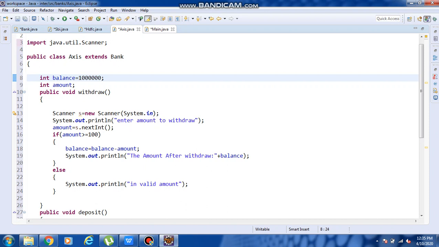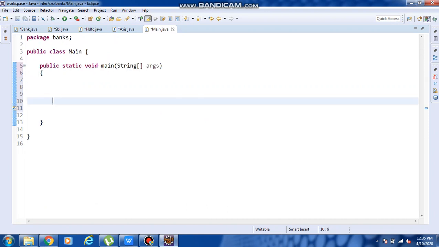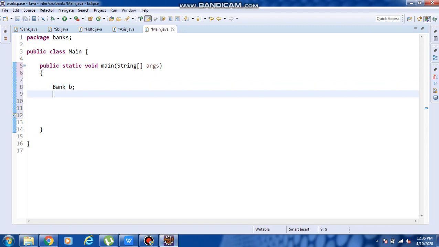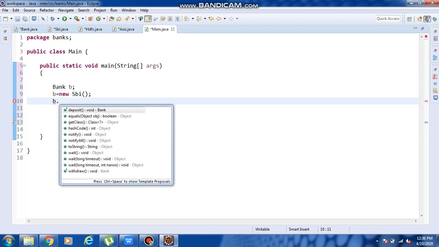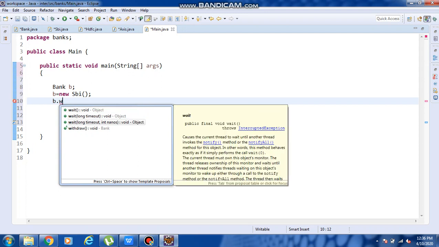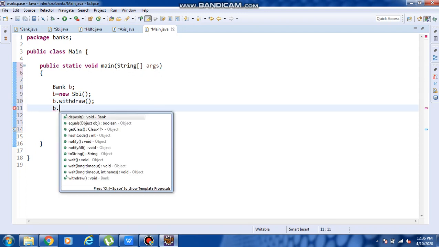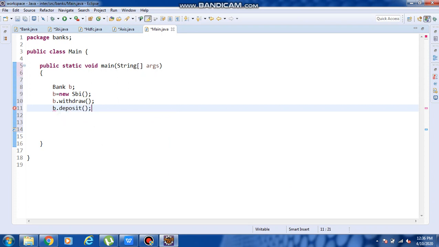Now I am going to the main function. Observe clearly; I am going to tell how to implement the total function here. First I am creating one object for Bank: B equals to new SBI. Then B dot withdrawal, B dot deposit.